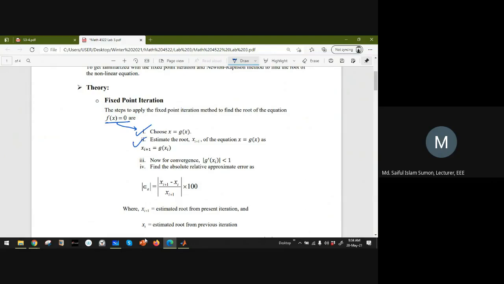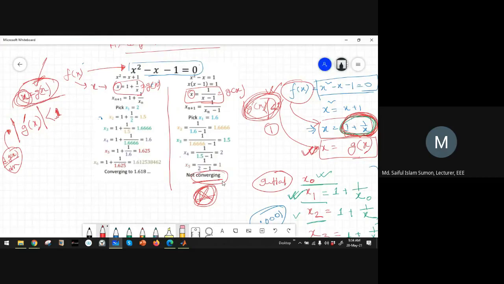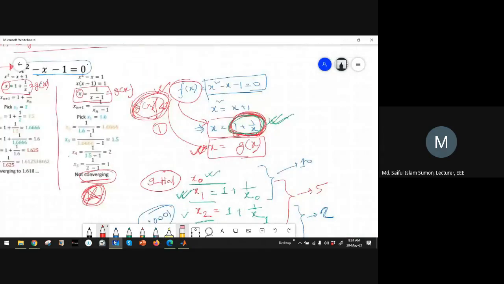How am I going to estimate? Let me show here. How we have estimated? Can anyone tell how I have estimated? I have just made this equation the common equation. Actually, this equation means x is equal to g(x). I have just made this equation the general equation for all my upcoming